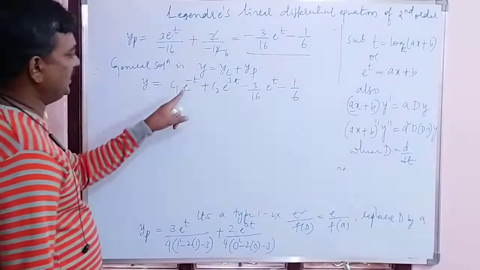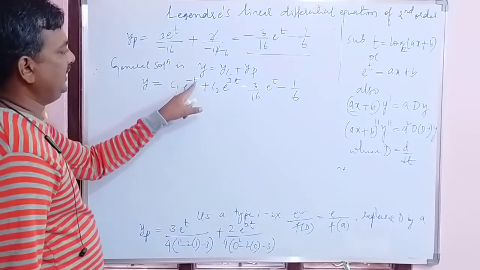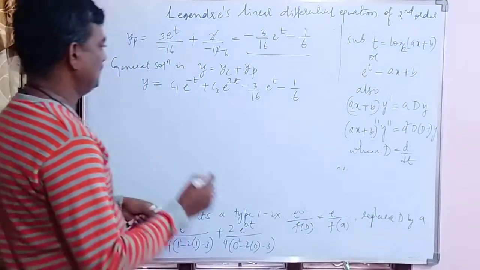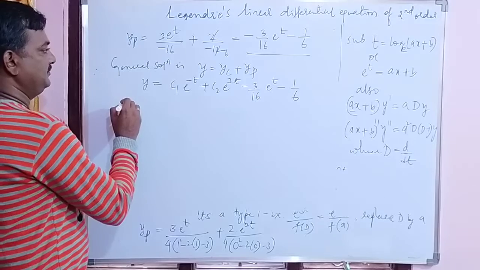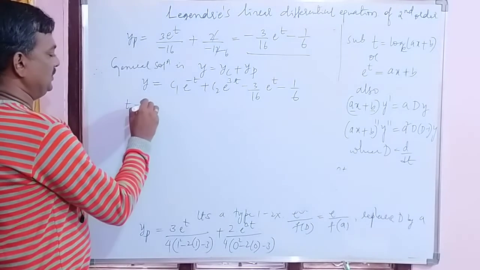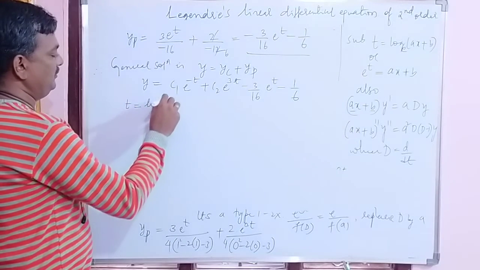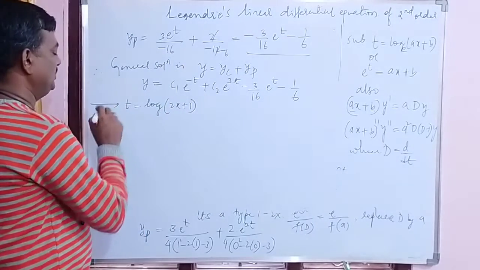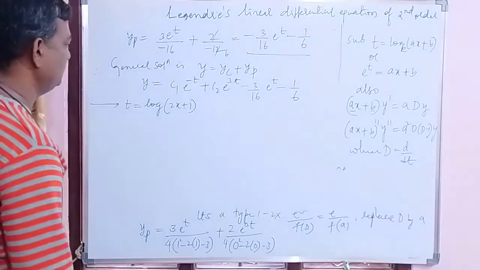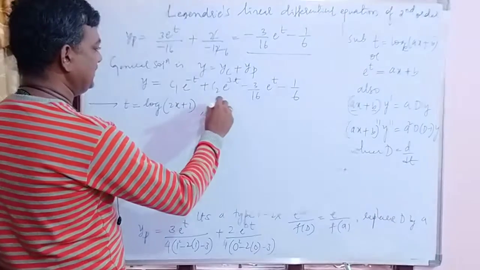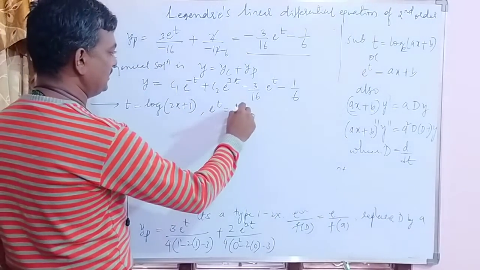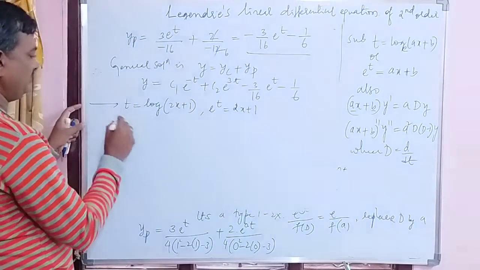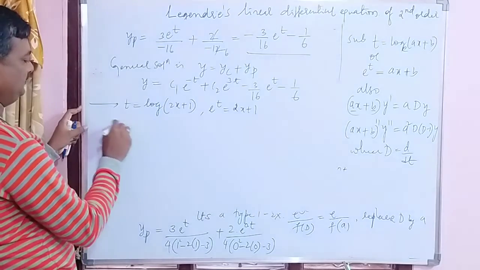Students, further we are going to convert t in terms of x. What is the value of t in terms of x? So you know that the value of t is equal to log of 2x plus 1. So t value is log of 2x plus 1, and you also know that e raised to t becomes 2x plus 1. So on substituting these two in our equation, you will get y is equal to